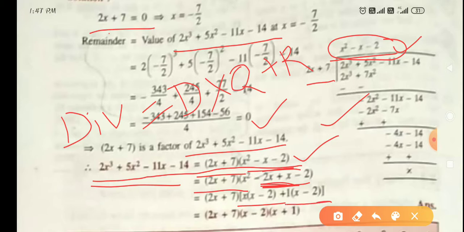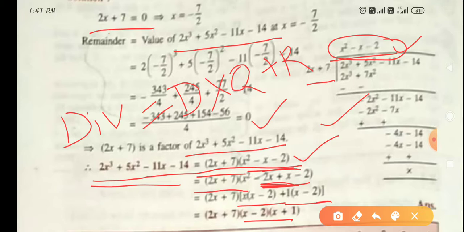Then x minus 2 is common, you can take it out. So finally you are getting the answer (2x plus 7)(x minus 2)(x plus 1). So this was the example. I think you have understood this theorem, this point, how we can factorize the given polynomial with the help